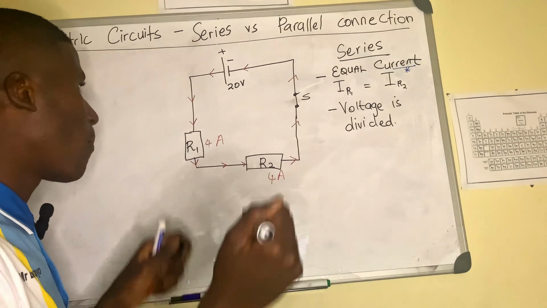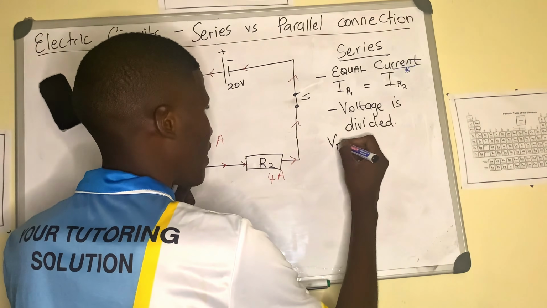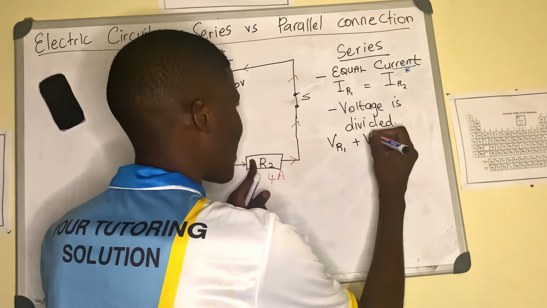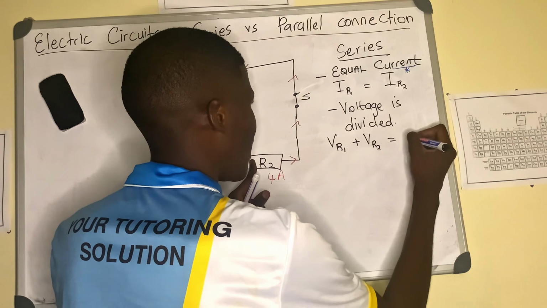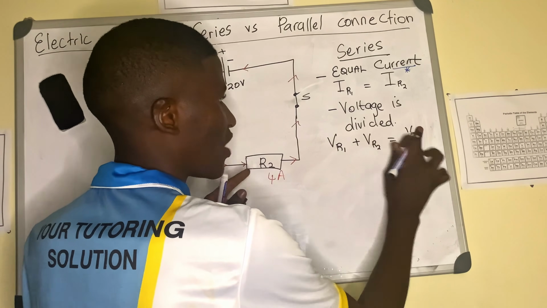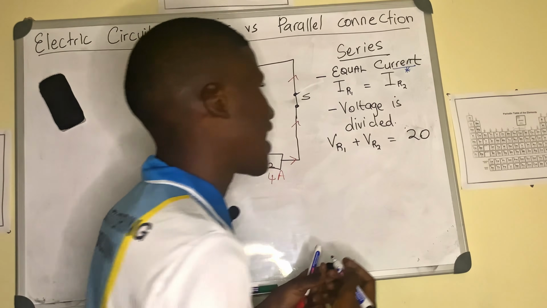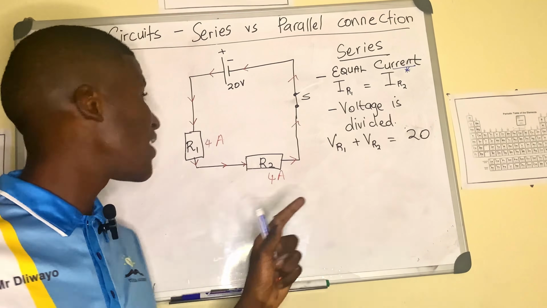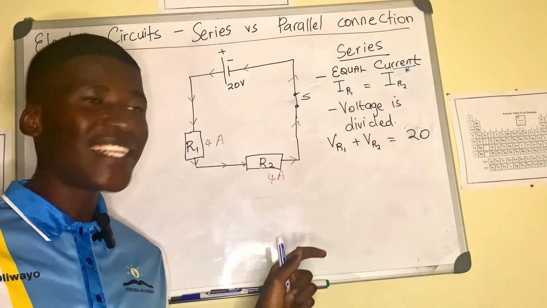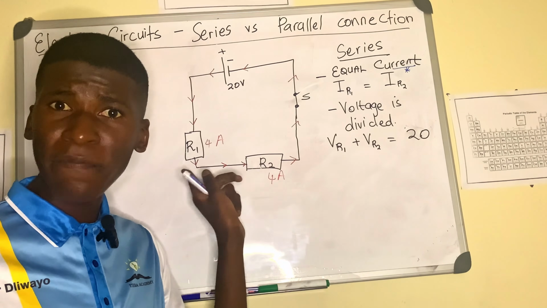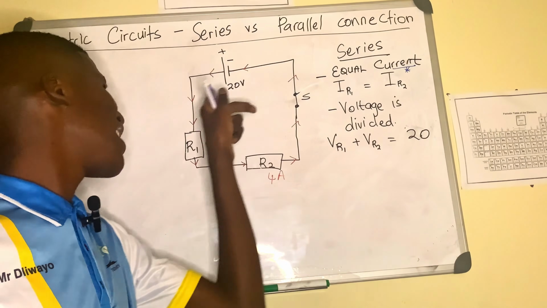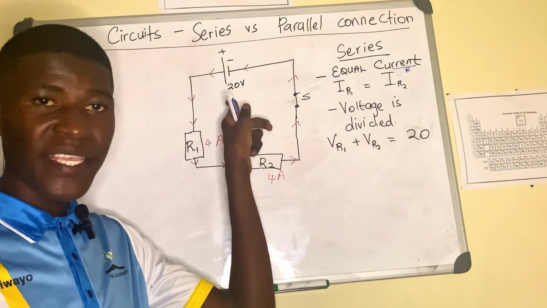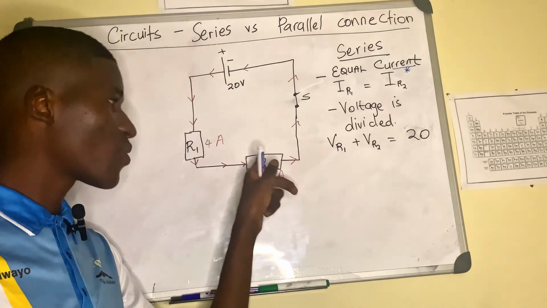It means that when you combine the voltage in resistor R1 with the voltage in resistor R2, then you will get the total voltage, which is the 20 volts that you've started with. So we are trying to say that this 20 volts is divided on these resistors. Please guys, it doesn't mean that this is 10, this is 10. No, it can be 5 and this one can be 15. 5 plus 15 will still give us 20. It can be 2 and this can be 18. 2 plus 18 will still give us 20. It can be 3, this one, and this one can be 17.